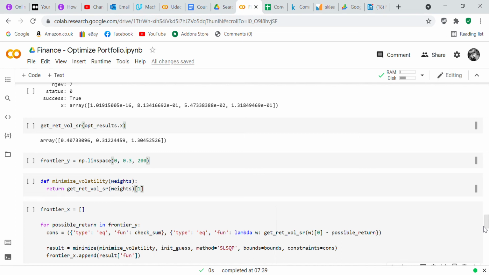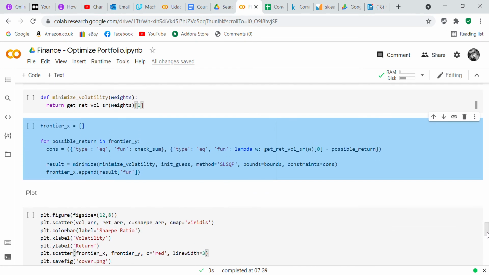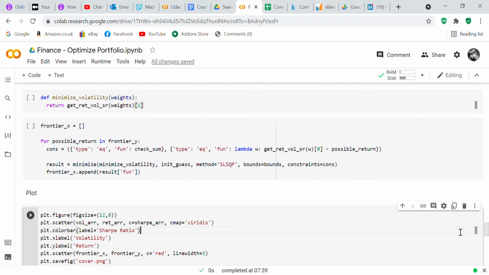Frontier_y equals np.linspace(0, 0.3, 200). We have another function called def minimize_volatility(weights). So we return get_ret_vol_sr(weights)[1], and 1 is going to be like the first placement of that. So you have frontier_x